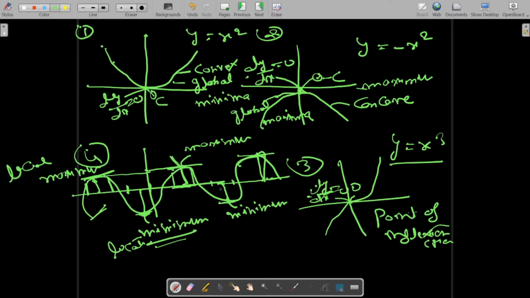So now you have understood what is local maxima, local minima, what is global maxima, what is global minima, what is convex function, what is concave function, what is point of inflection. So now the question is,